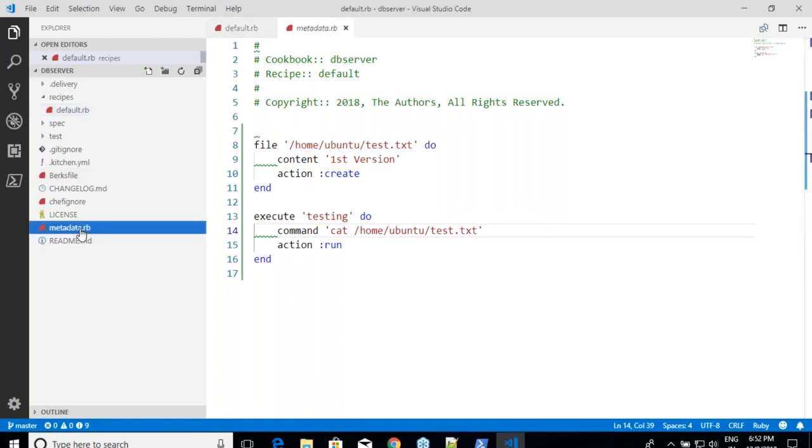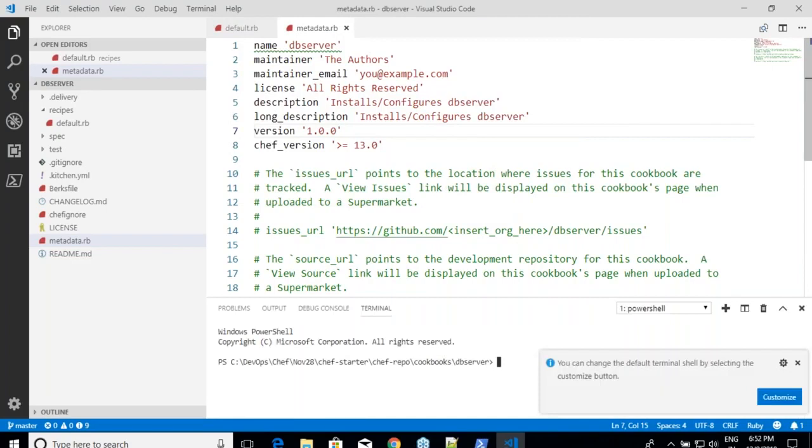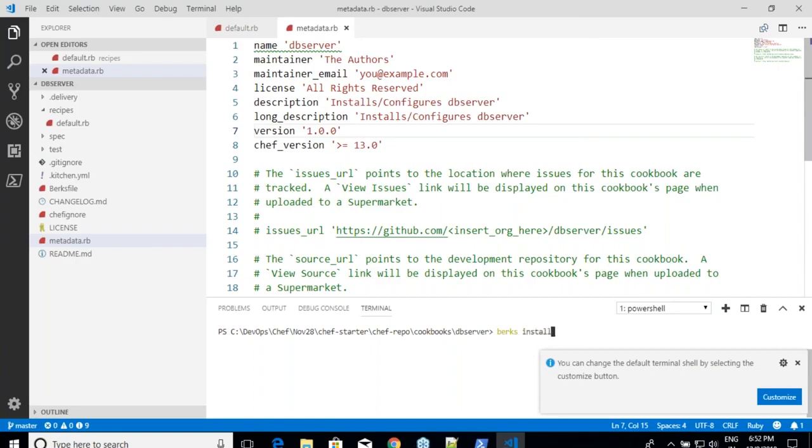Now my metadata.version, I'll make it 1.0.0. I'm not changing others. Now we know the part, right? Control Shift P, focus terminal, and we know what has to be done, to do Berks install. Now I'll be executing Berks install first.